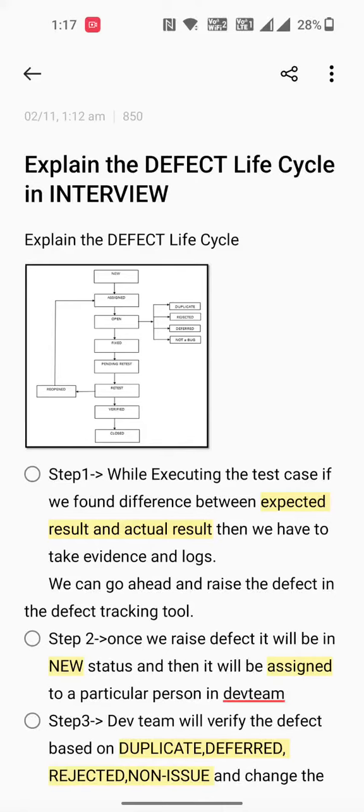Hello all. Today I wanted to explain the defect life cycle. This is the most repeated question I have faced in multiple real-time interviews. When the interviewer is trying to test our functional testing knowledge, this will be the first question that